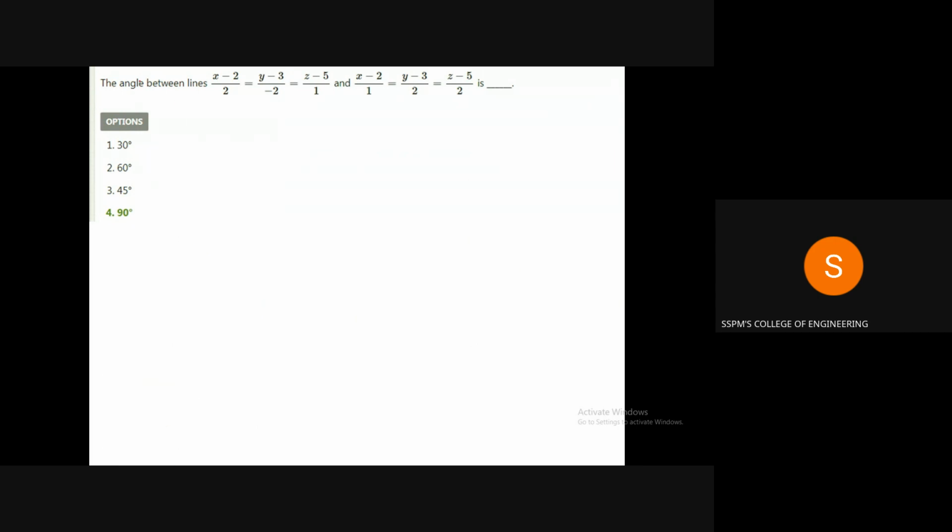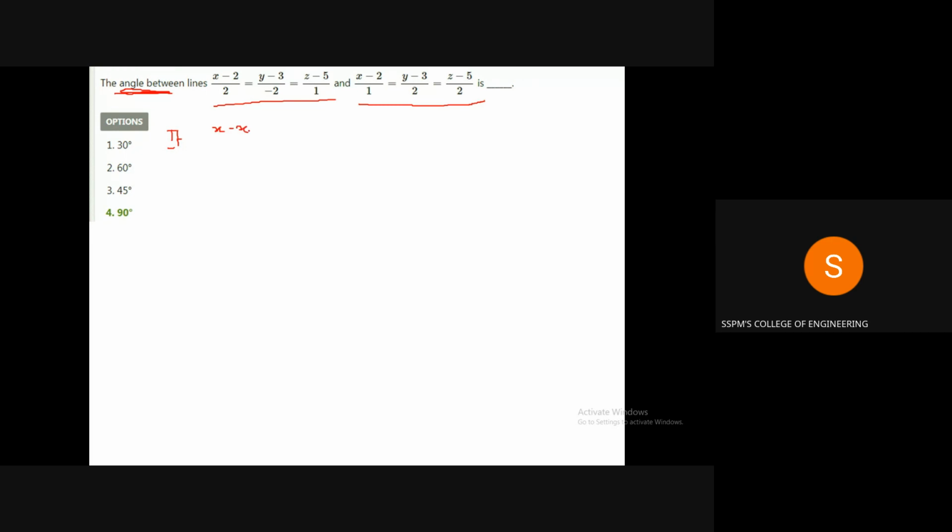What is given here? The angle between two lines is asked. This is the first line and this is the second line. These are actually in the standard form and we have to find the angle. There is one formula to find the angle, okay? So just write down, see, if